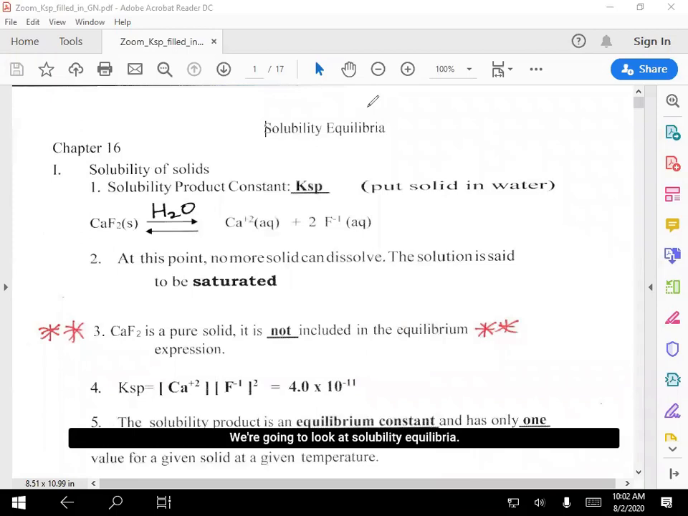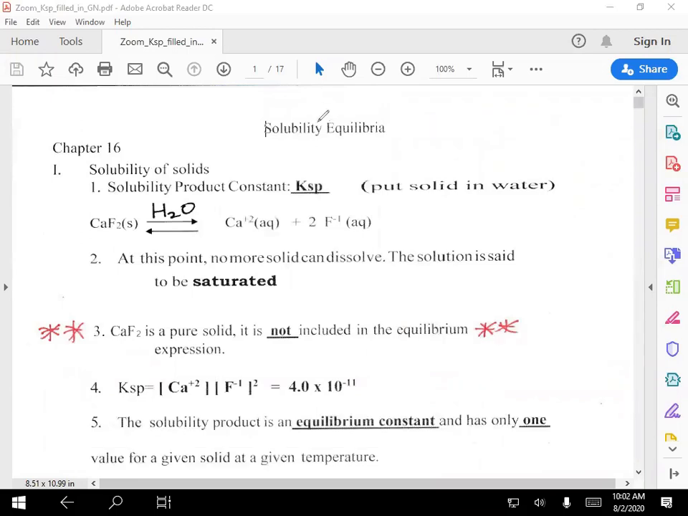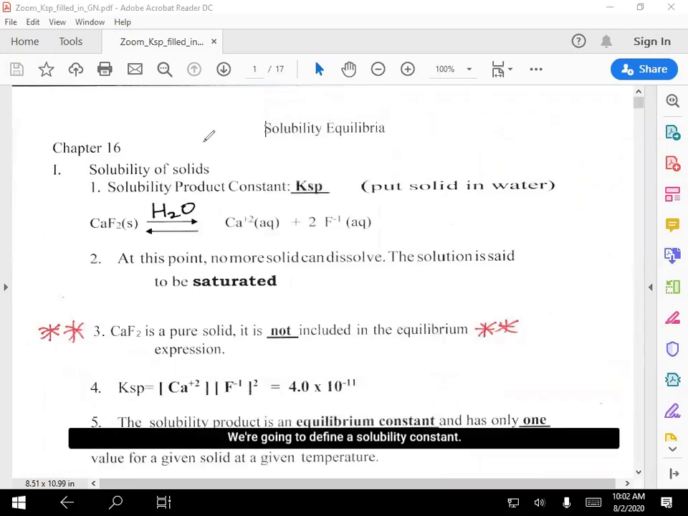We're going to look at solubility equilibria. We're going to define a solubility constant. We're going to call it Ksp. So you put a solid in water, for example, calcium fluoride, we put in water, will become calcium ion